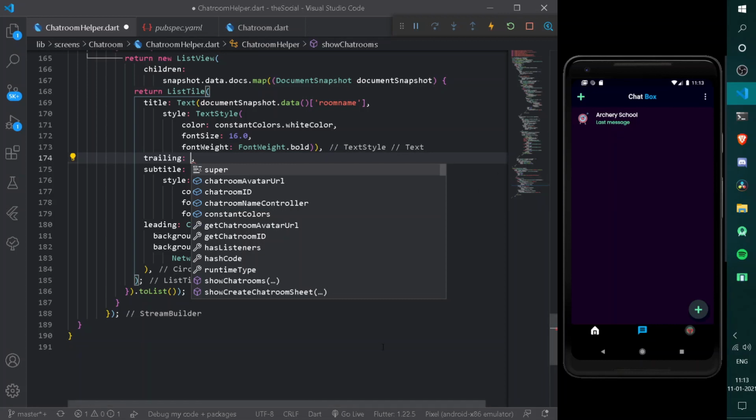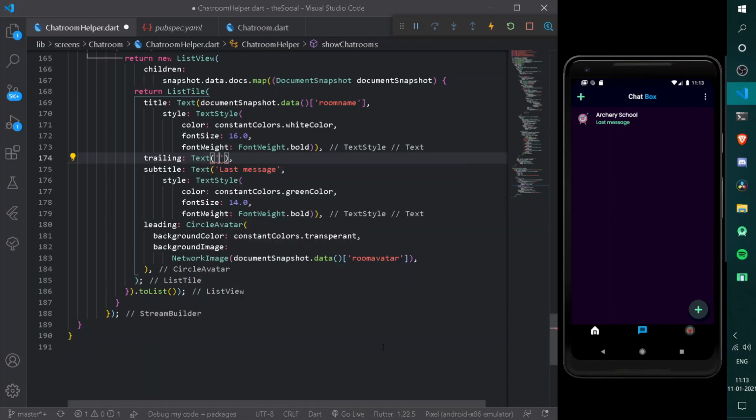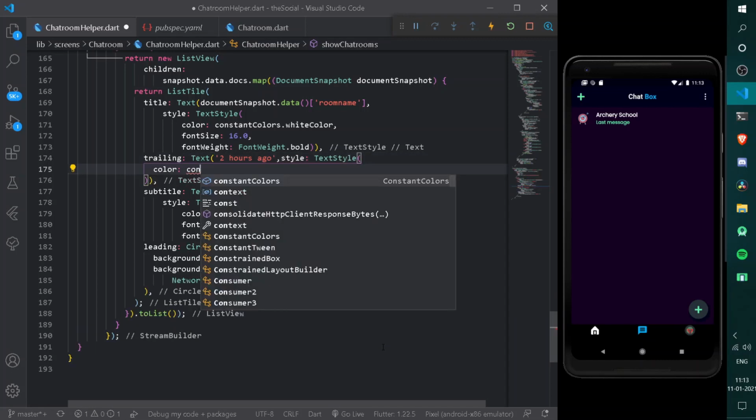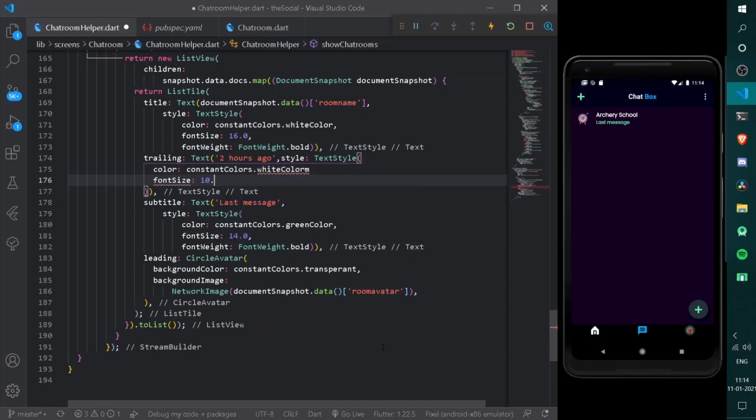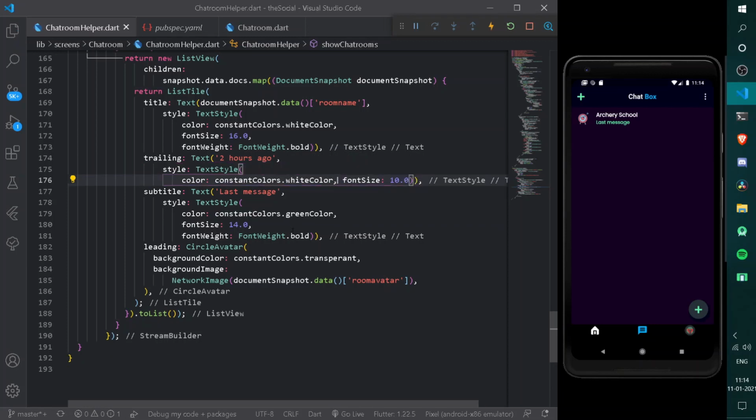For the trailing widget we are going to have the particular time that the last message was sent under our entire chat room. So for now I will be simply having a Text. Under the following Text I can simply have a temporary time. So here let's have a time of 8 PM. So for now I can simply have a time of 2 hours ago. Let's have somewhat styling for Colors.white. Also let's have a font size of 10. Alright, format document once. Cool, so we have our cool looking chat room here, that is a chat room tile.